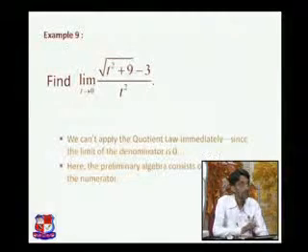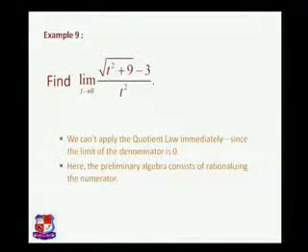This is one example. Then the same kind of example is here. If we put the limit t tends to 0, then the denominator is 0. So that is 0 upon 0 format. So here if we